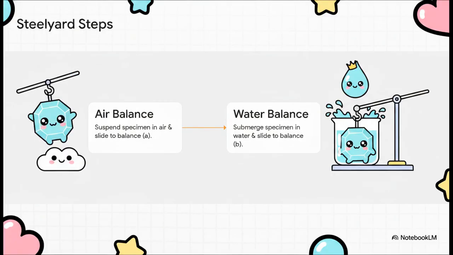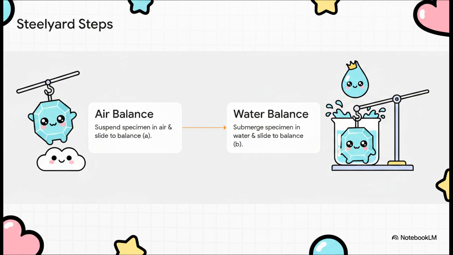Let's walk through the actual hands-on procedure because it's pretty clever. First, you suspend your mineral specimen from the long arm in the air, and you physically slide it along the beam until it perfectly balances horizontally. That exact distance from the pivot is your first measurement. Then, step 2, you submerge that very same specimen in a beaker of water and you slide it again to